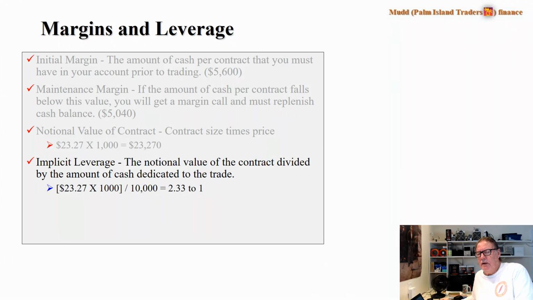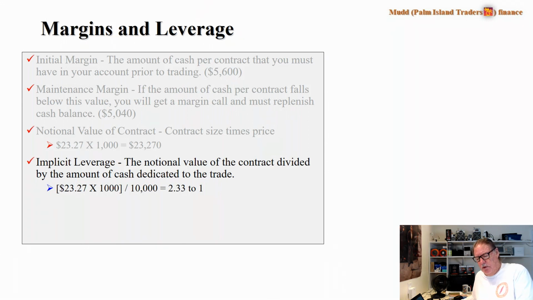So implicit leverage captures the sense that you realize you have to have some cash set aside for trading this account. So the implicit leverage is equal to the notional value of the contract divided by that cash amount. So if you have $10,000 set aside to trade this large CL contract,